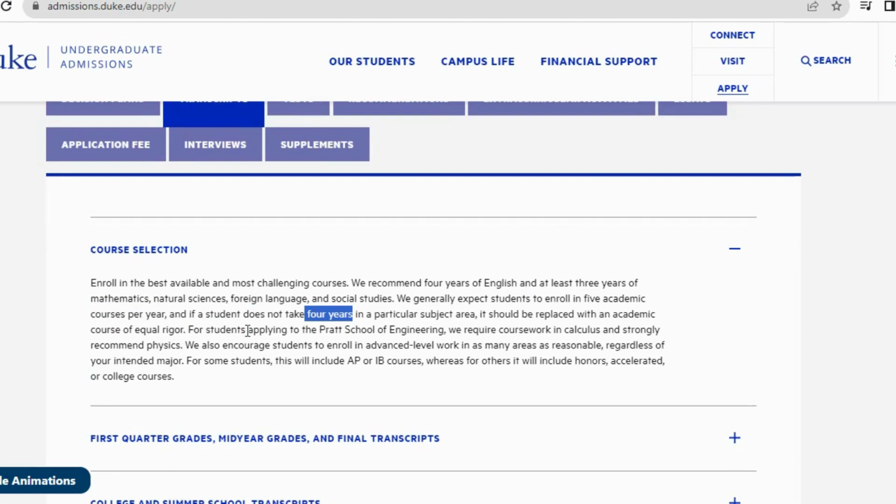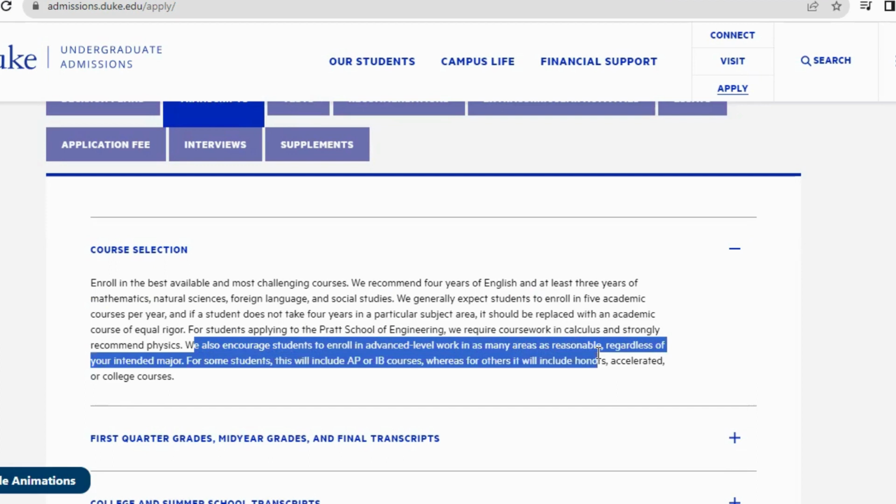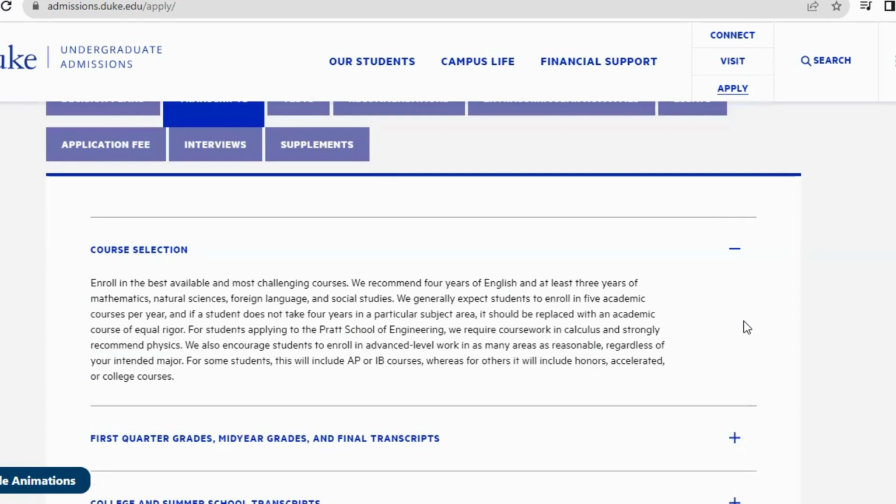For students applying to the Pratt School of Engineering, we require coursework in calculus and strongly recommend physics, all right? We also encourage students to enroll in advanced level work in as many areas as reasonable, regardless of your intended major. For some students, this will include AP or IB courses, whereas for others, it will include honors, accelerated, or